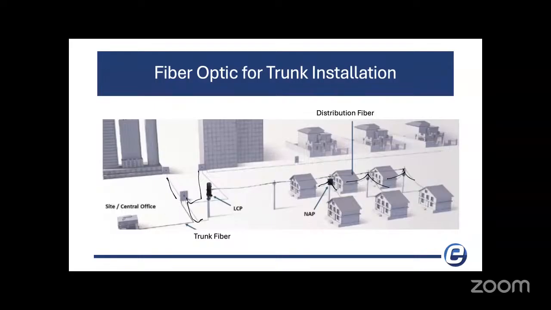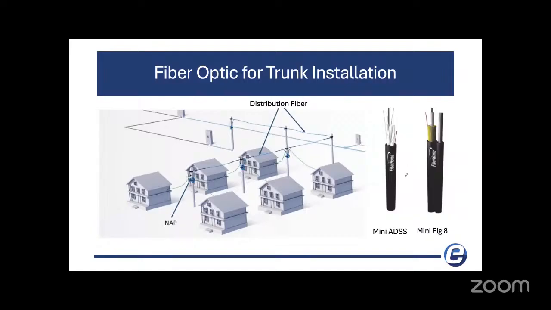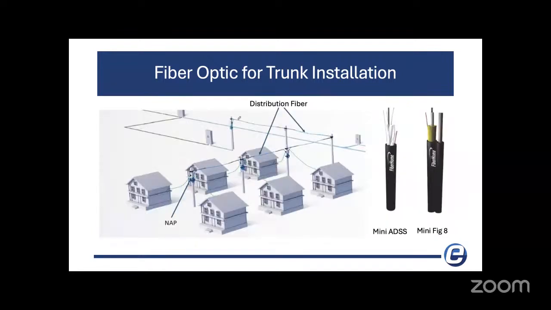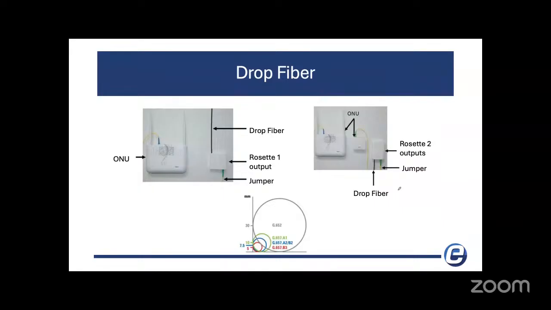So you start on your site, and you can see here that you have another trunk, and then you're distributing fiber to all of these homes back here. The distribution fiber is drop fiber. Here you have your trunk, and here you have your drop fiber. You can go from here to here with this figure eight, and you have your connections. Your access points are here, here, and here, connecting each home. So at the end,